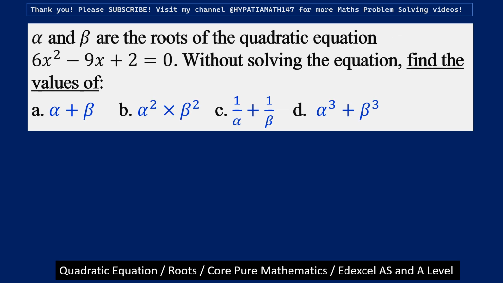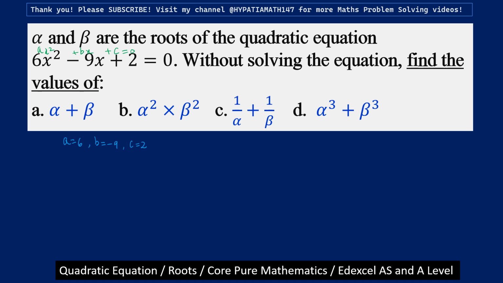So if I can write the given equation in the format ax squared plus bx plus c equals 0, if I write it like that, then I would get a is 6 and b is minus 9, and I'd get c equals 2. Okay, so then I can find